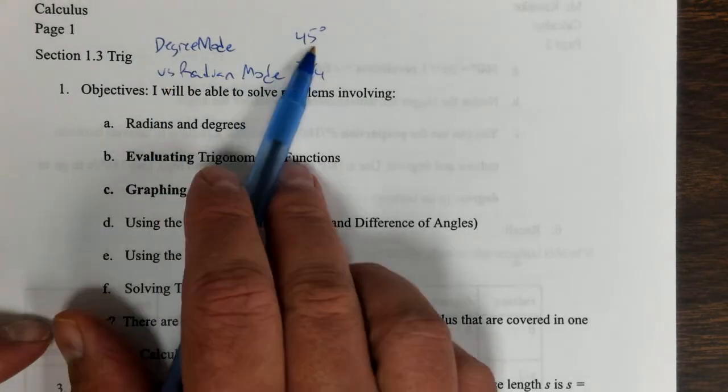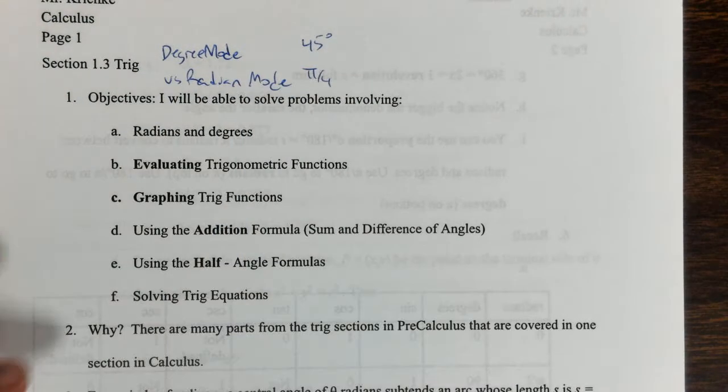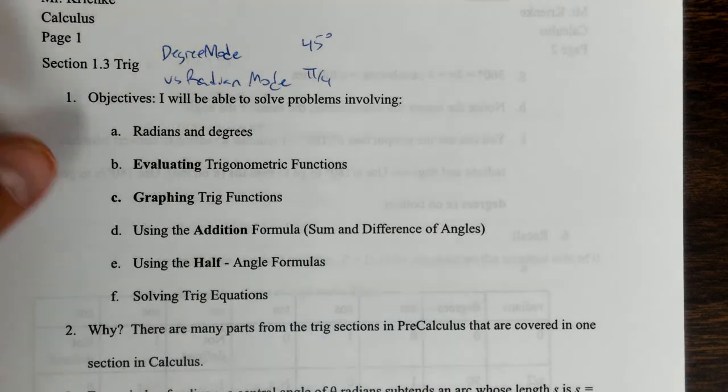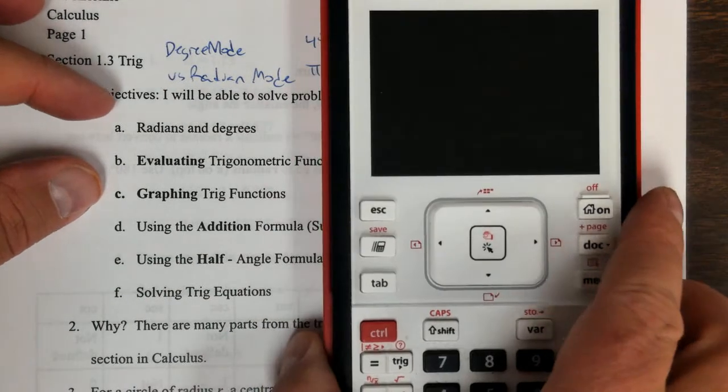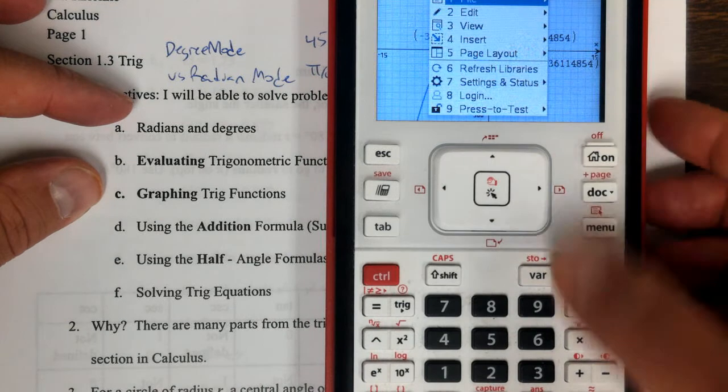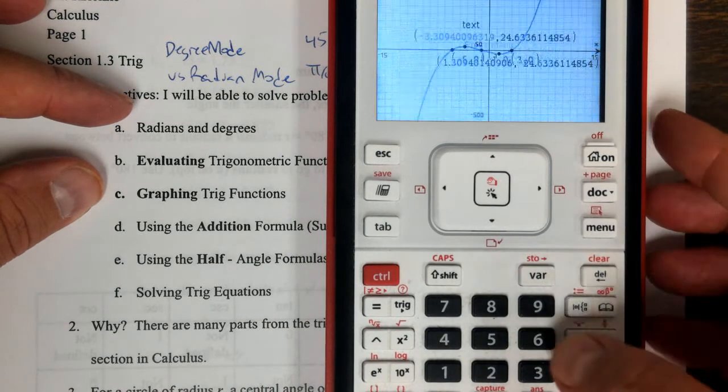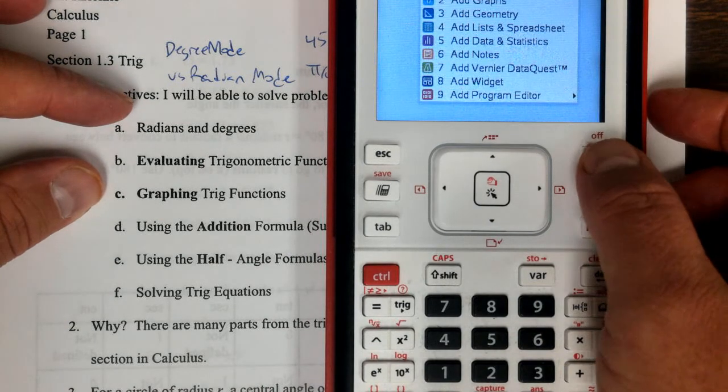There's going to be a whole list down here. Degree has the little degree symbol, like in Fahrenheit and Celsius. Remember that if you need to, press the pi button,